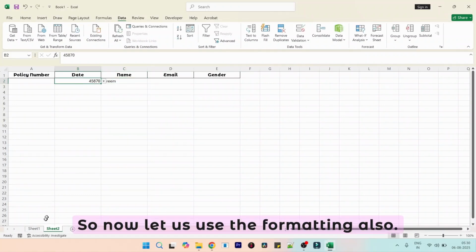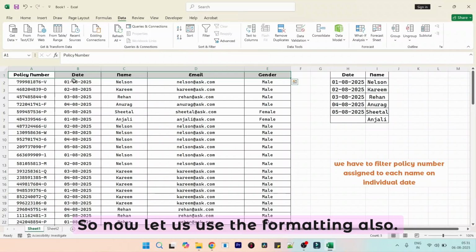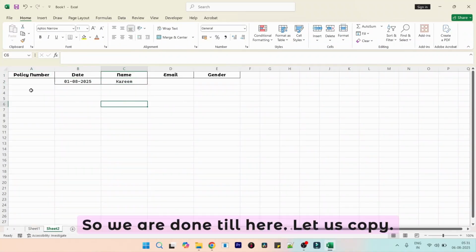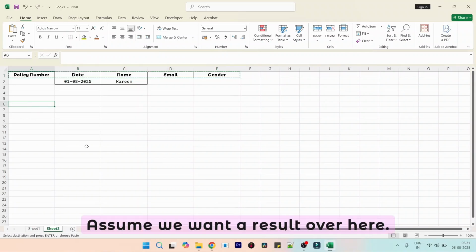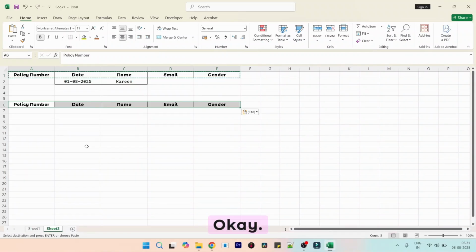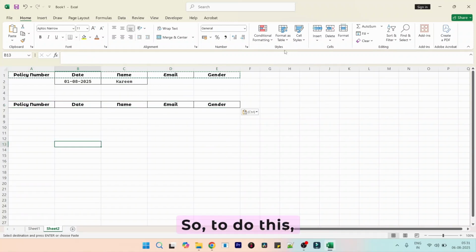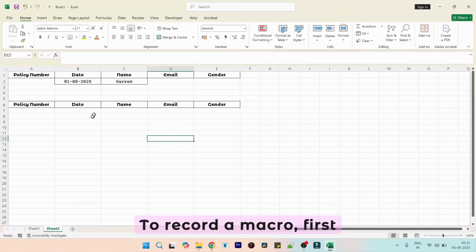So now let's give the formatting also. So we are done till here. Let's copy. Assume we want a result over here. To do this, we will record a macro. To record a macro, first